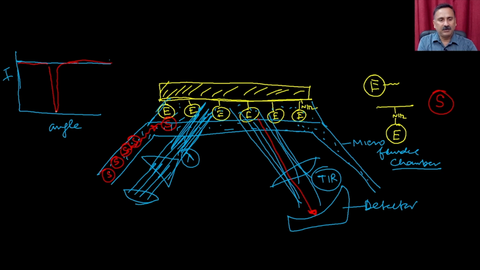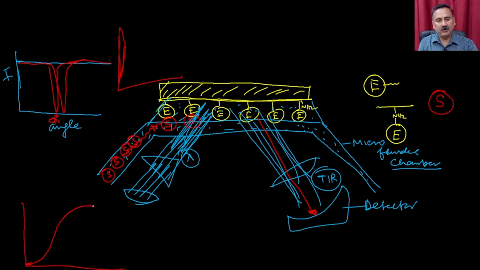Now suppose this is at lambda 1. When the second molecule of substrate binds, it is going to show me a curve like this. And I can plot this in another curve, where I can show how things are happening. It's going to show like this, with the angle increasing, and then it will reach a plateau. It keeps increasing, and then ultimately it keeps showing me the same angle. This means now